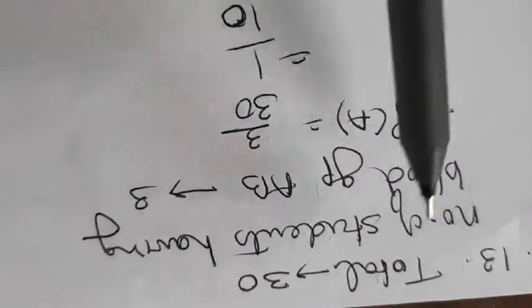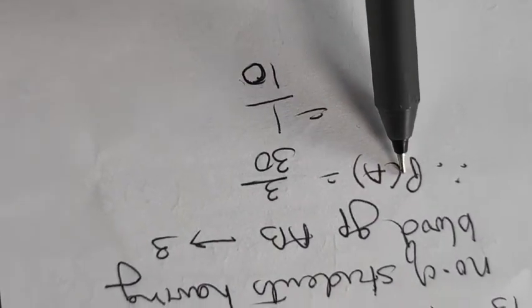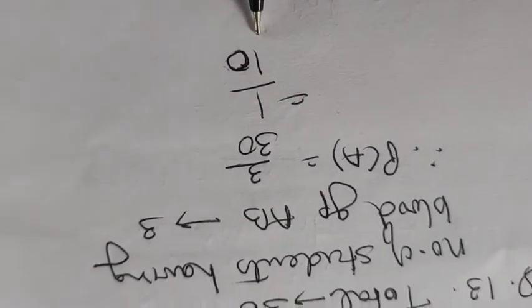One child is having A group, second is having B group, then the third is having O group, and so on. So this is in all 30 students blood group. Out of that AB blood groups you have to calculate. So how many times is it? 1, 2, 3 times AB is coming. So out of total 30 students, 3 students are having AB blood group. So the probability will be 3 by 30, which is 1 by 10.